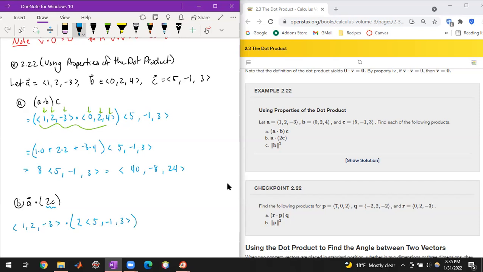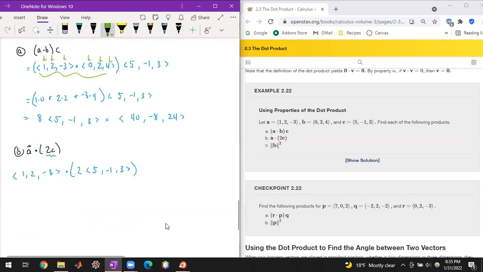We'll do this distribution first, rewriting everything else along the way. So this now becomes the vector 10, -2, 6. When we take the dot product of these two vectors, we want to make sure that we're multiplying the components. So 1 times 10 plus 2 times -2 plus -3 times 6